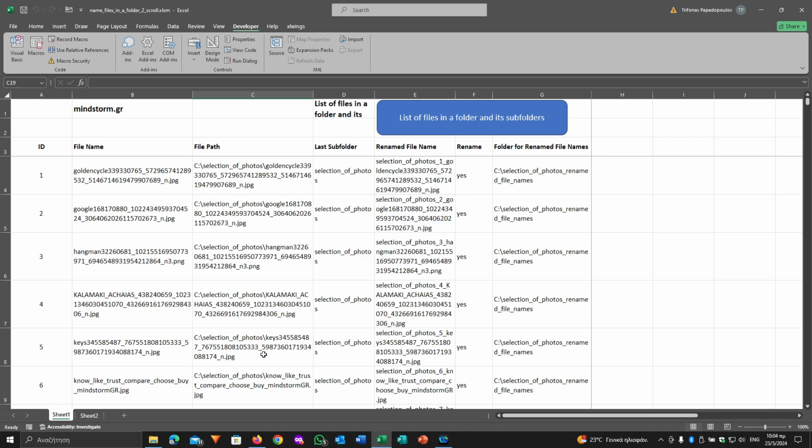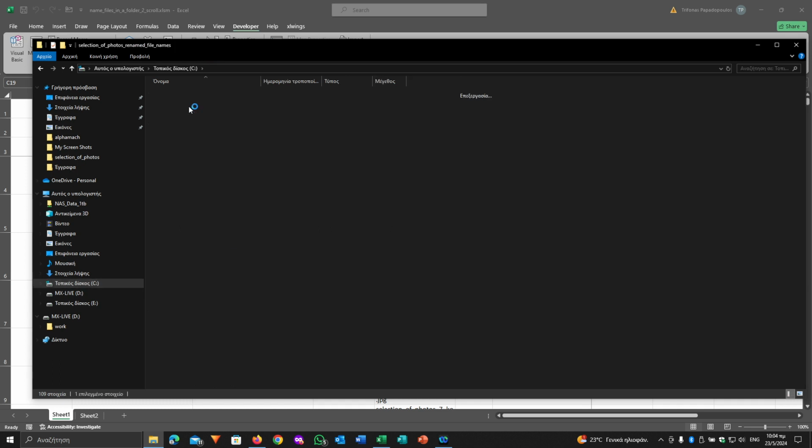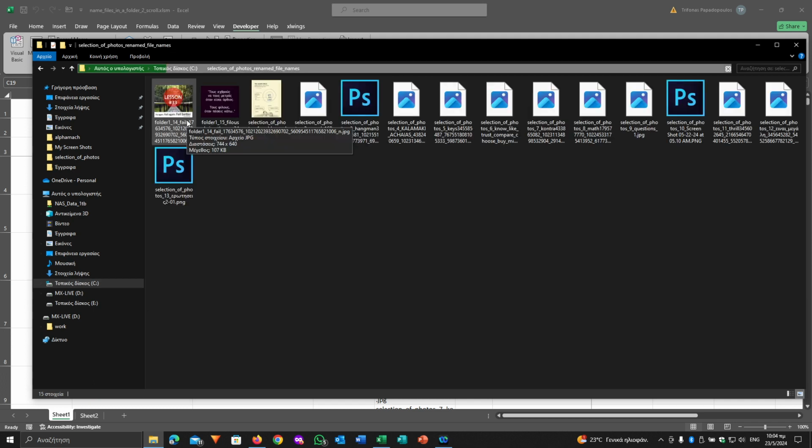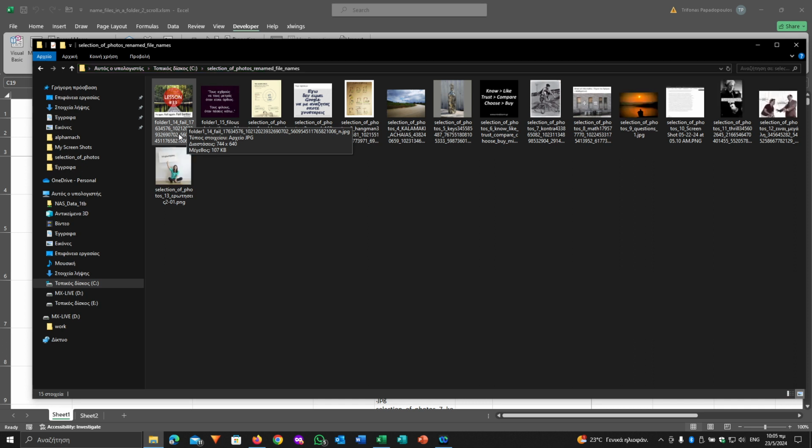So now if we go to see our computer, there is a second folder named selection of photos, renamed file names. And if we press here, we can see the same photos but with different names. The rule to follow for the new file names